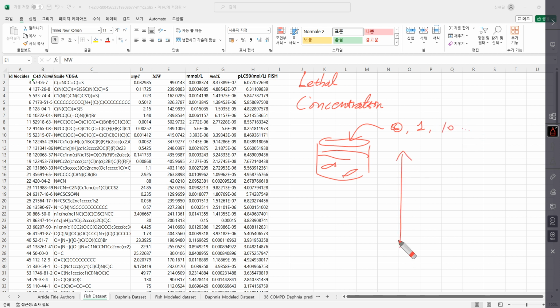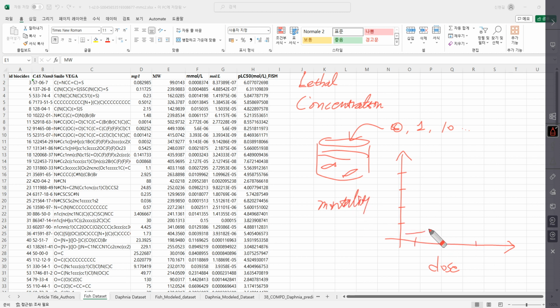So they measure the number of how many fish died by the effect of the chemical, and then they put the dose and mortality in the graph,